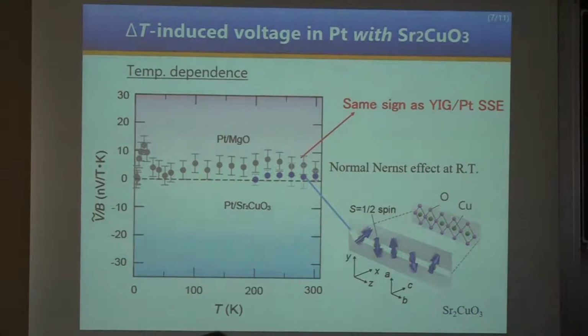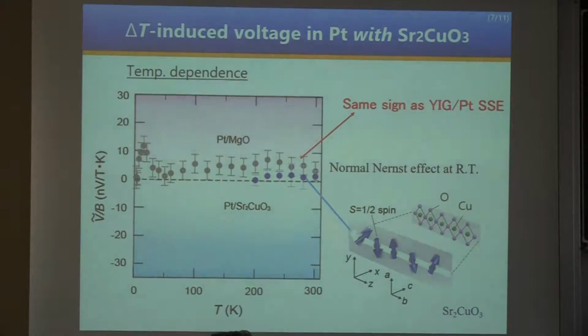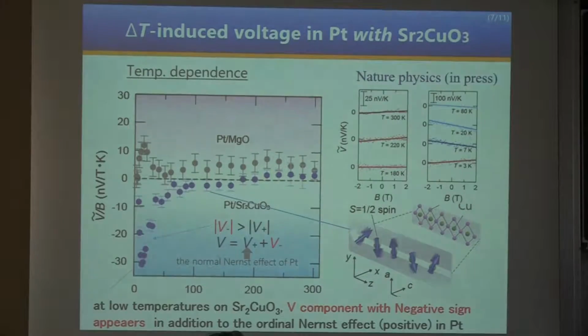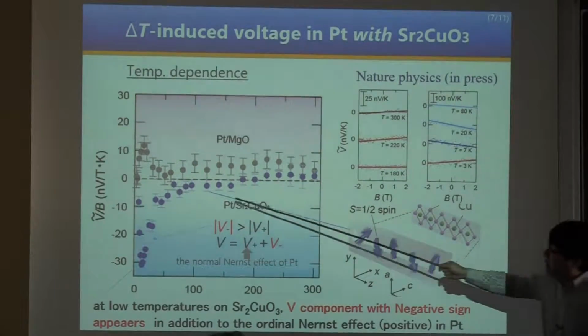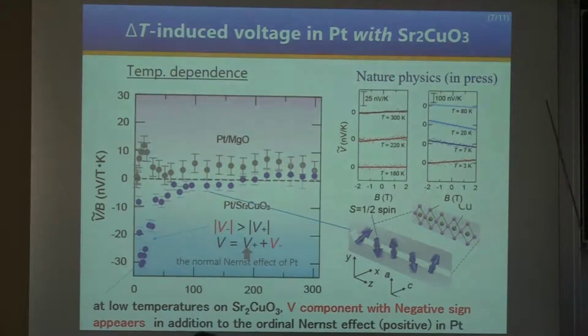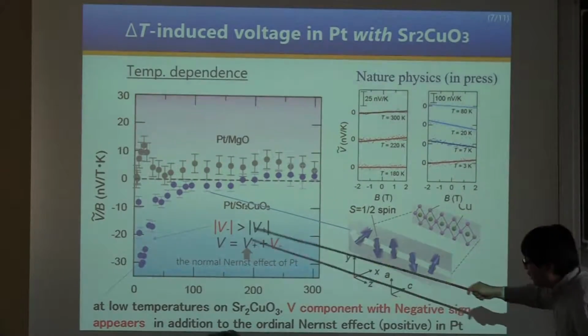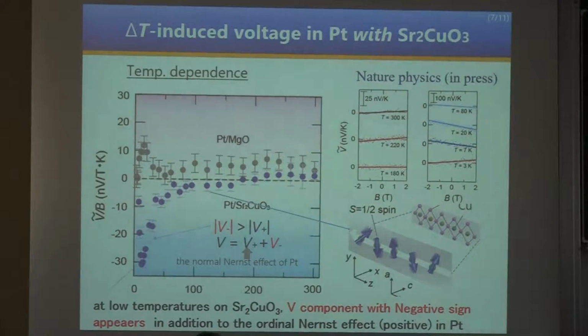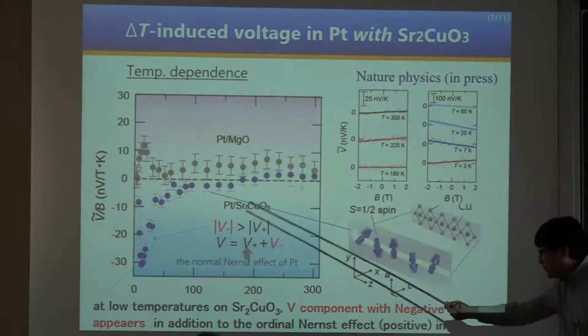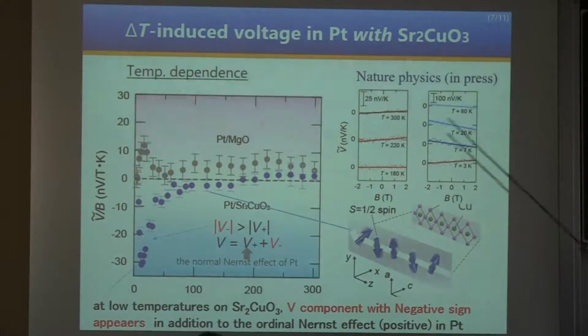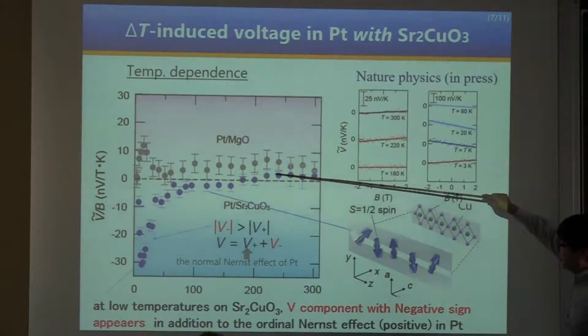On the other hand, by decreasing the temperature, the sign of the voltage is reversed like this, and a very strong negative signal appears here. And this shows that at low temperature on the spin chain, a voltage component with negative sign appears in addition to the Nernst effect of